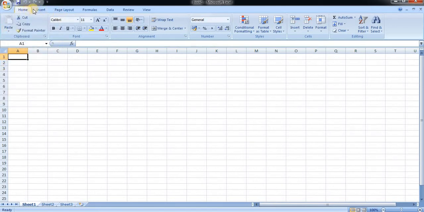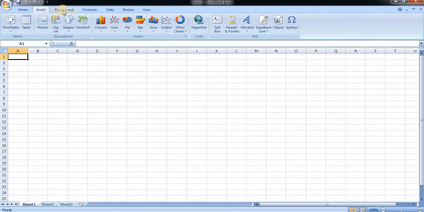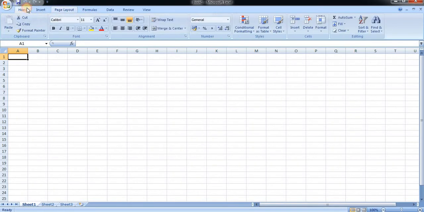Below this quick access toolbar, you can see the tabs. Here are different kinds of tabs: home tab, insert tab, layout tab, etc. Each tab contains further divisions, which are known as ribbons. Here, below the tabs, you can see these are the ribbons. For the home tab there are different kinds of ribbons: clipboard, fonts, alignment, etc.